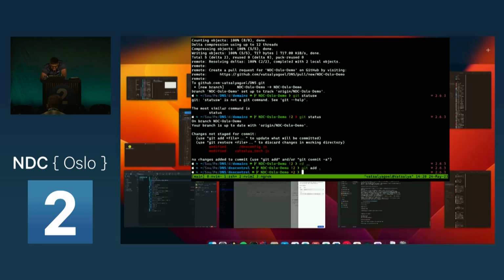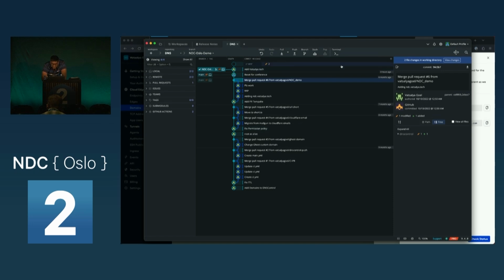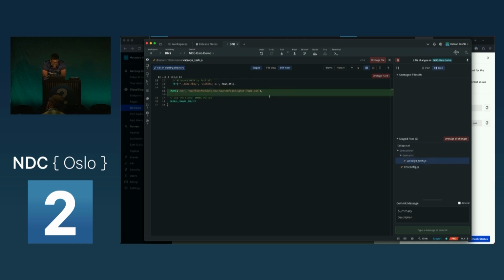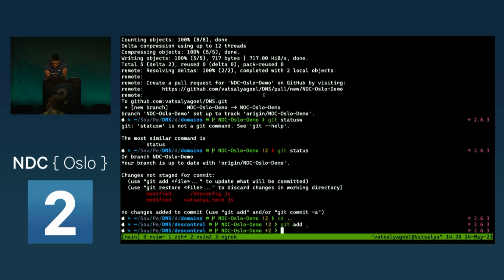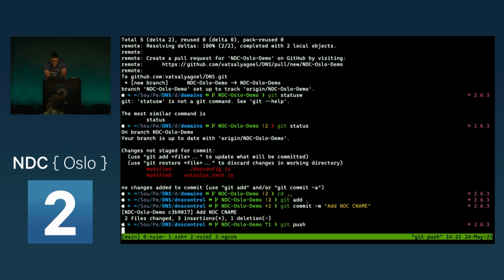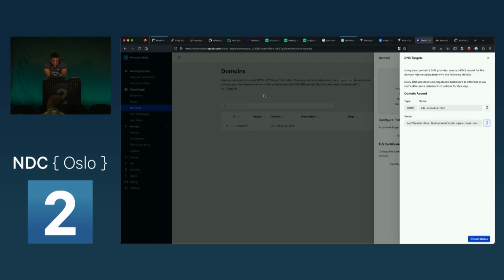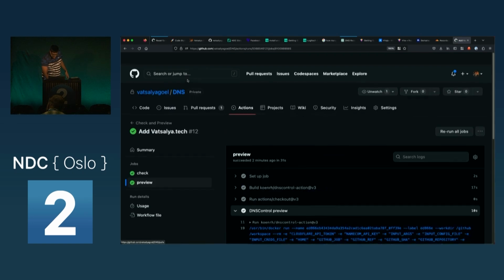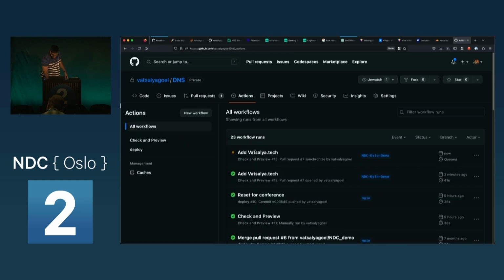And just to make sure that the changes are correct, I'll actually go here. It's added that, which means it's going to read it from this file, and I've added my CNAME. And as you can see, making changes and running the check is very quick. Within a minute, you know what exact changes are happening. If I go back to my actions again,